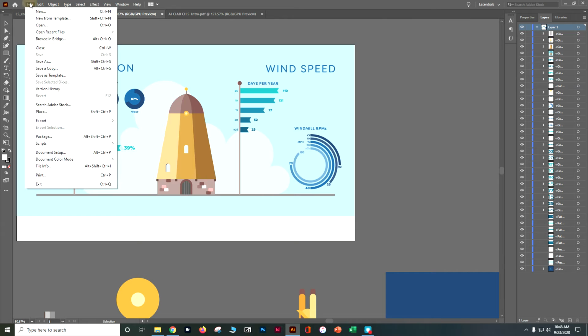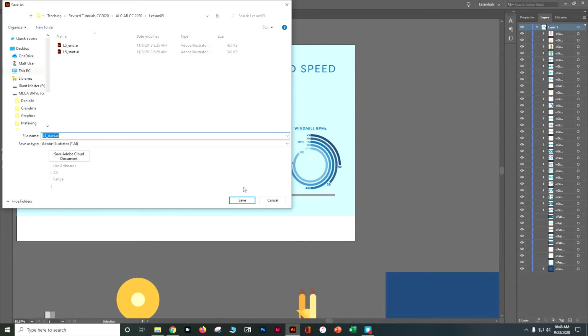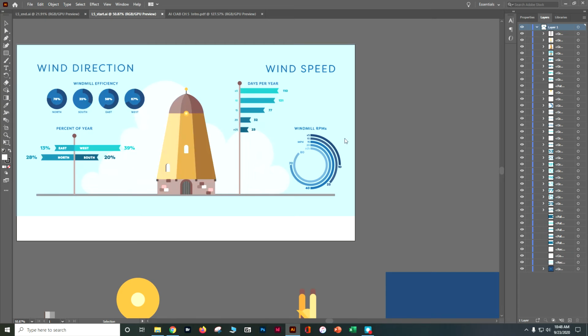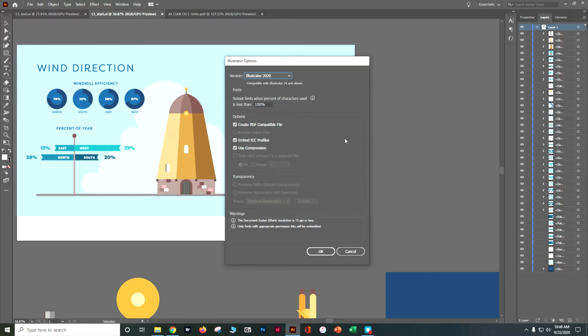Let's do a File, Save As. And let's change it to your first initial, last name, underscore Adobe Illustrator Classroom in a Book Chapter 5. Keep it as Adobe Illustrator and put it in your Lesson 5 folder, and let's press Save. Alright, for this one we're going to do quite a few things, working with artboards, working with how